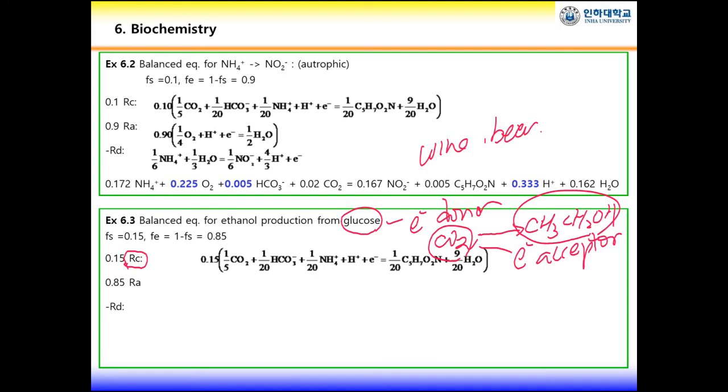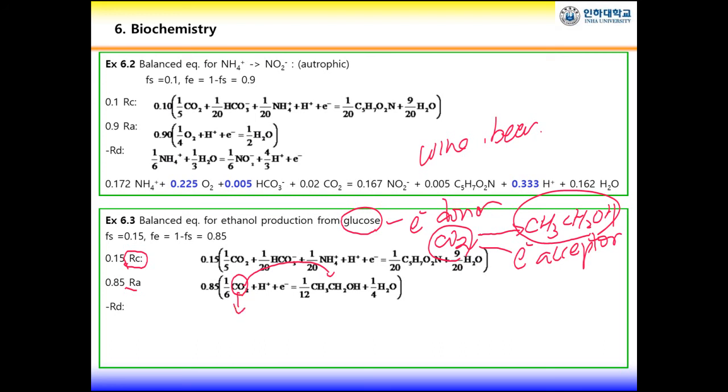You're familiar with this. And what is the acceptor reaction? That is CO2 to ethanol. So to make 1 mole of ethanol from carbon dioxide, you need 12 electrons. Is it right? We can calculate what amount of electrons is needed to make 1 mole of